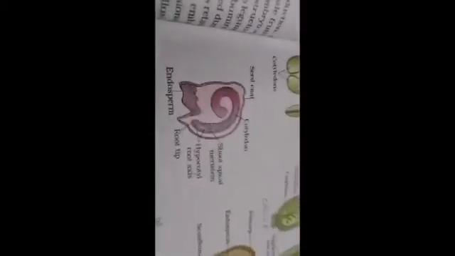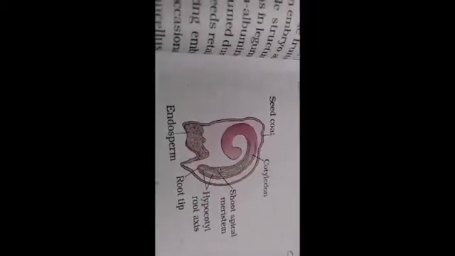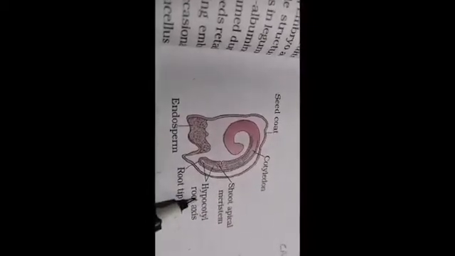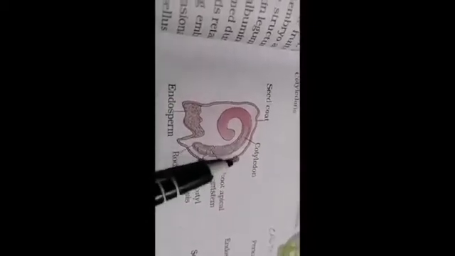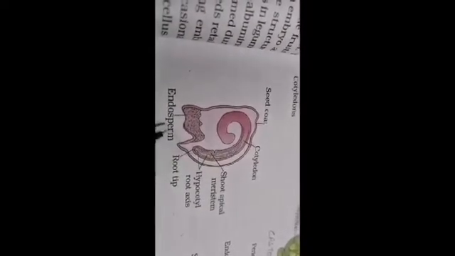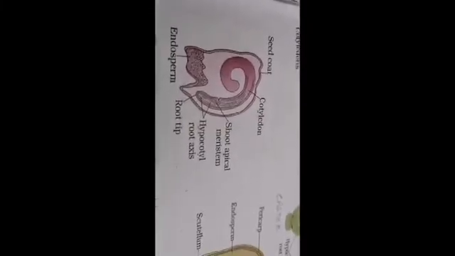Now I can show you the diagram here. You can look at the diagram here. This is the diagram where you can see it's a diagram of an onion seed, isn't it? And you can see here it's a seed coat, and this is the cotyledon, shoot apical meristem and hypocotyl, and all those root tip are there. The better example of this